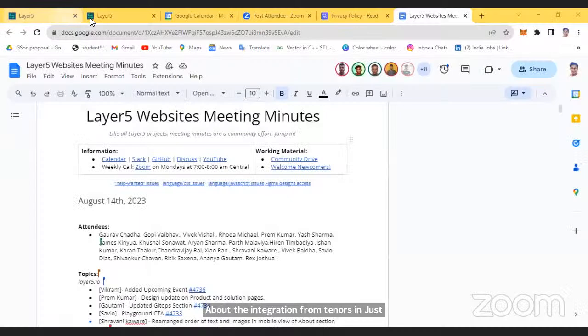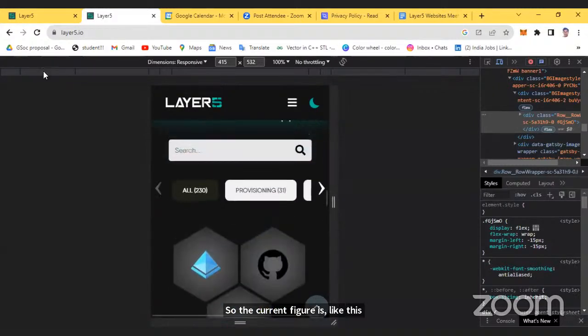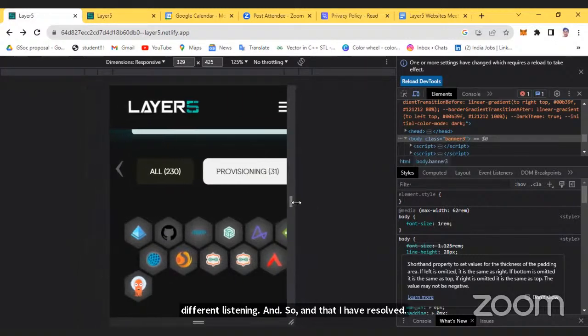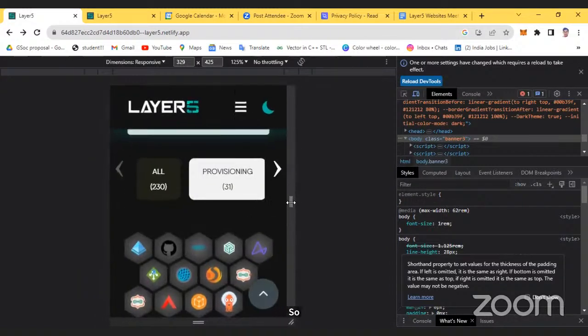The current behavior is like this, but after the change, it will look like this, and it will adjust according to the different screen sizes. Karen had suggested a few changes, and I have resolved them. So you can see it will adjust according to the different screen sizes.